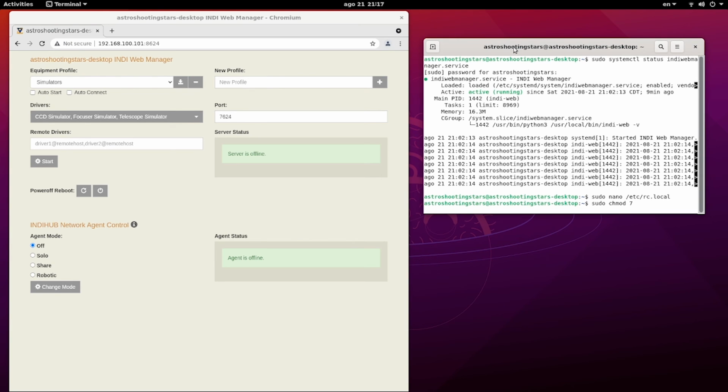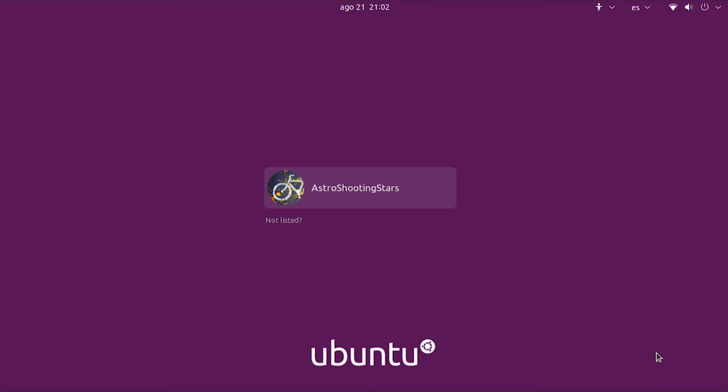Now to make this file executable, you have to put another command which is chmod 755 /etc/rc.local. This will make this file executable and this will give the permission to your web server to restart the services. Now the only thing left is to reboot the system to make this final. To reboot the system, as we know now, issue the command sudo reboot. Once your system is rebooted, this will finish the installation of Indie drivers and Indie web services.